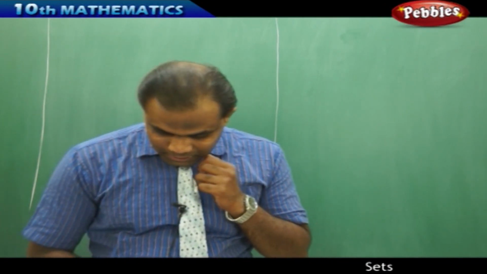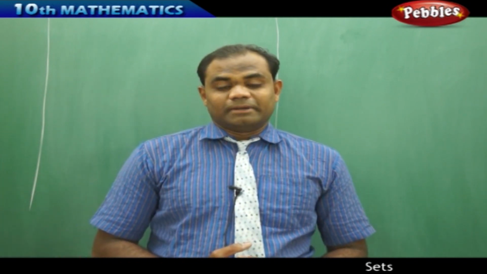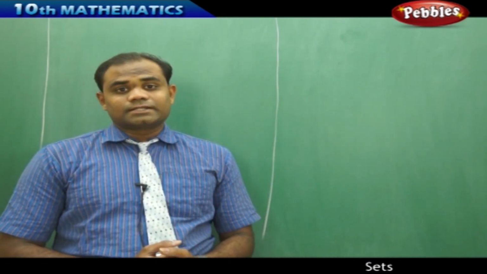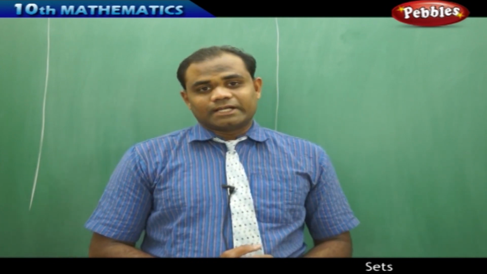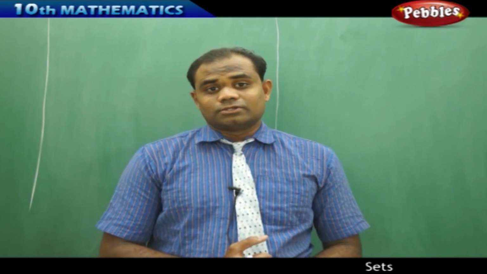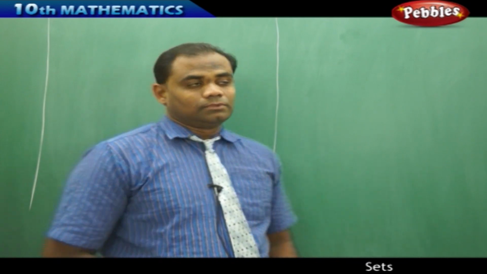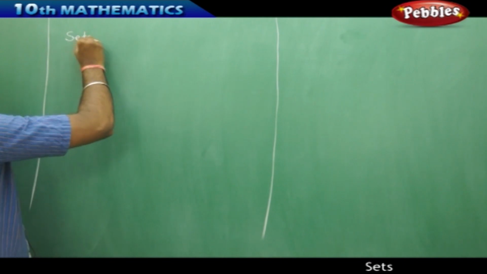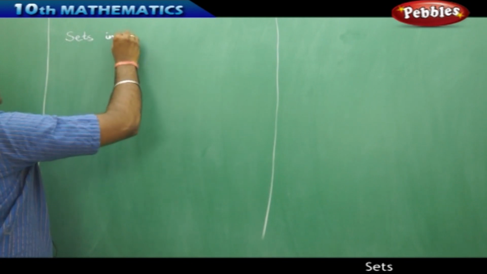So now that we have discussed the finite and infinite sets, the different types of sets, and the basic definition of a set, we will continue to understand how sets can be represented through diagrams. Now, the whole branch of sets is considered in the set form and the diagrammatic form. So let's see how the sets can be taken in the diagrammatic form. They have different rules through which we take the sets in diagrammatic form. So when I take the sets in diagrammatic form,